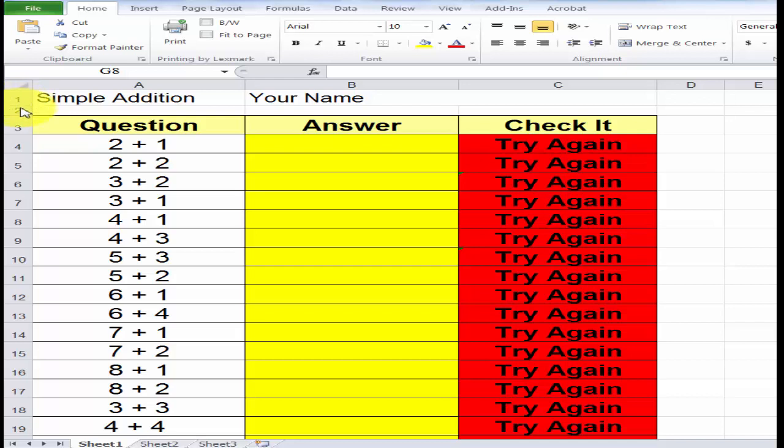We have row 1, 2, 3, all the way down to 19. Can you have more? Sure you can, but we're only going to look at 19. Here we have column A, B, and C. We have more columns, but we are only going to look at columns A, B, and C. Now you'll notice that this cell, which we'll call cell A1, because that's where it's located,